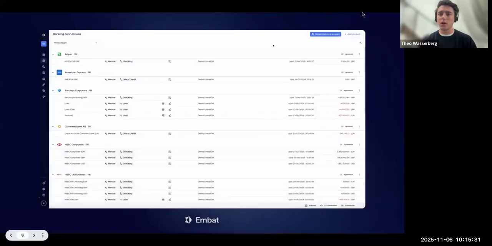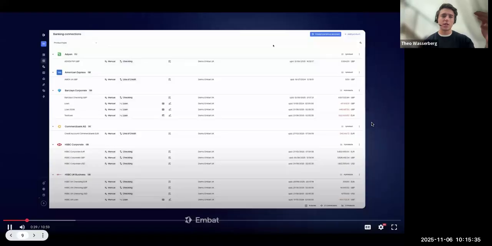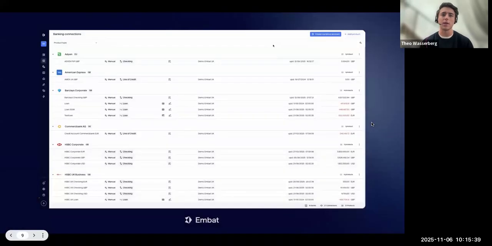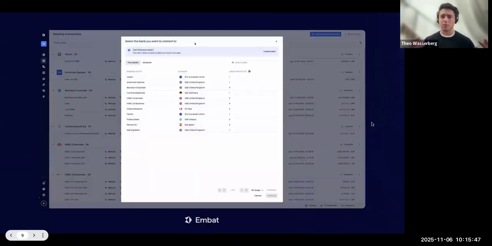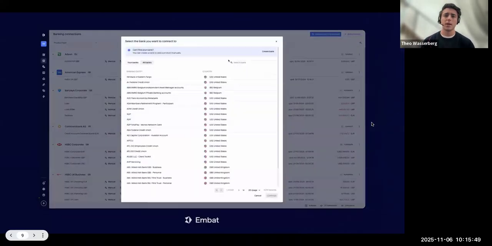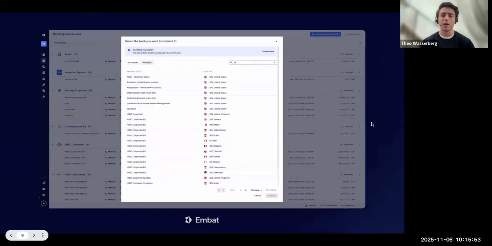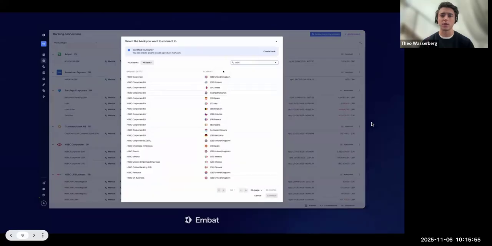So first thing we're going to do is connect up the banks. And you can see here we've got all the different financial products, HSBC, an Amex card, Adyen for a PSP. But I'm going to connect something by API now. And API is our preferred method because it's real time. And if I look up HSBC here, many of you will have HSBC accounts.